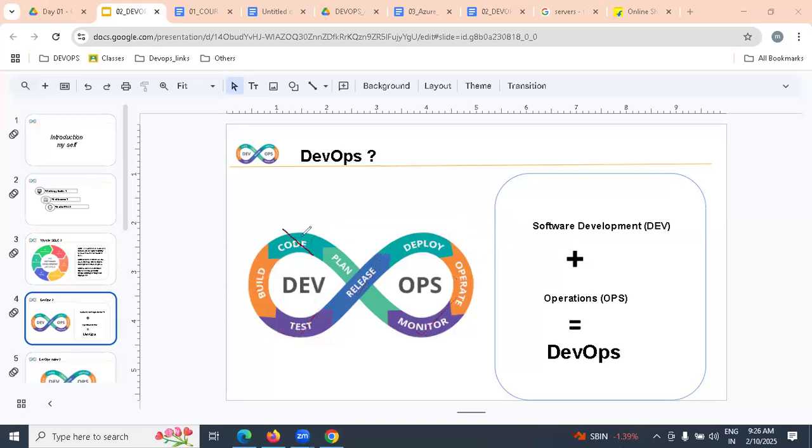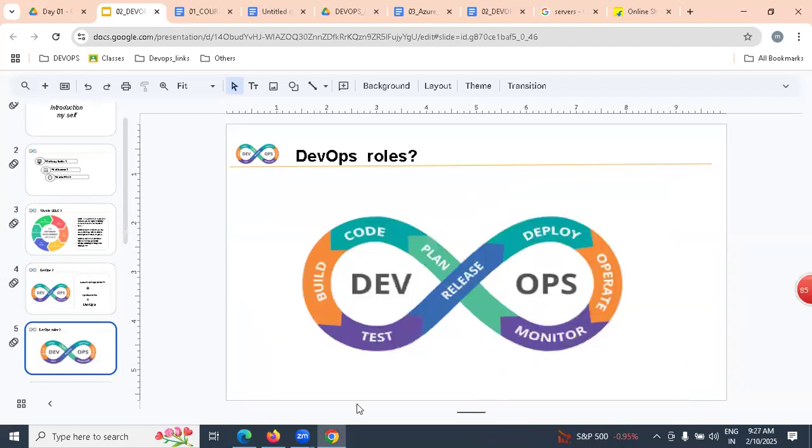To be frank, we are not doing any coding. We are not doing any testing. We are just implementing an automated DevOps process from the dev environment to operations. But tell me, is DevOps a technology like Java, .NET, Python? No, DevOps is not a technology.